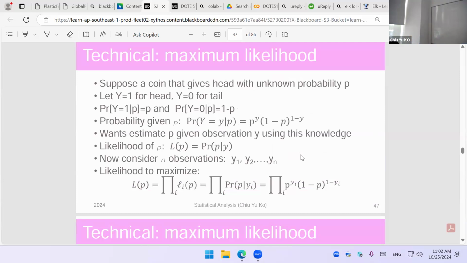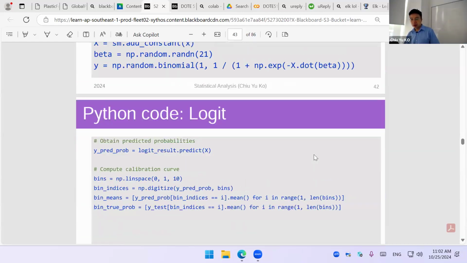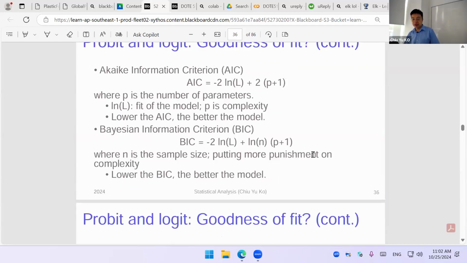The best fit is 1, right? So the likelihood will be 1 for the best fit, all right? And that would be likelihood. The better the fit, the higher the likelihood. So that means that